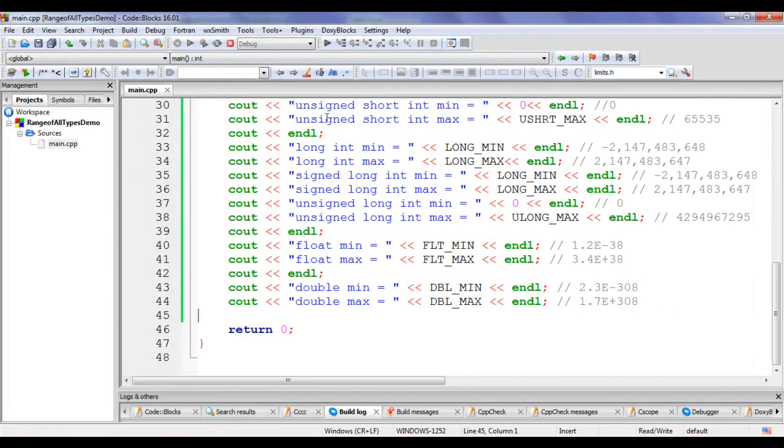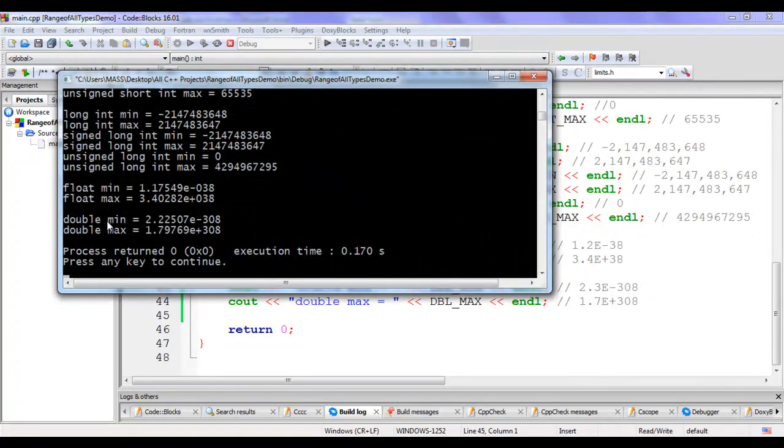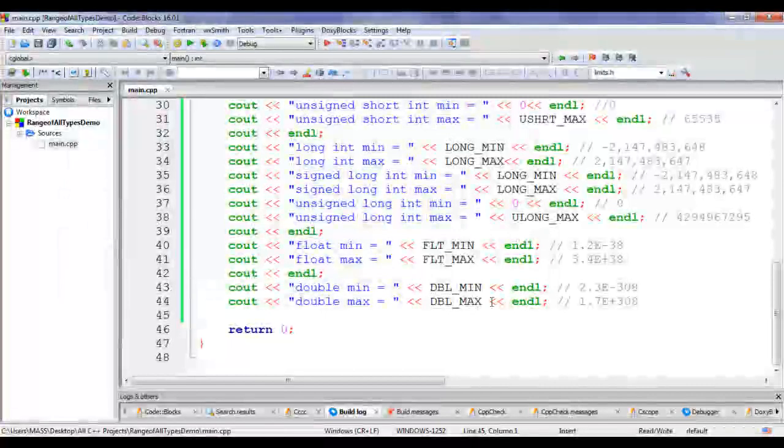If I say build and run, you can see that it is displaying double min is equal to 2.22507e-308, which is approximately equal to 2.3e-308, and double max is 1.79769e+308, which is approximately equal to 1.7e+308. Guys, I hit enter to close the console window.